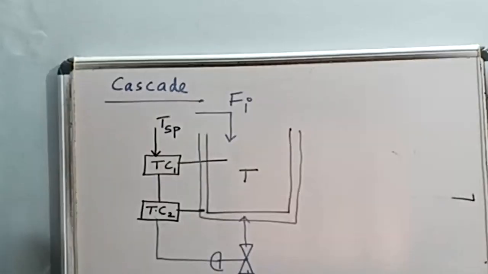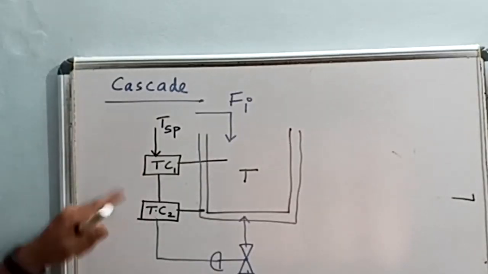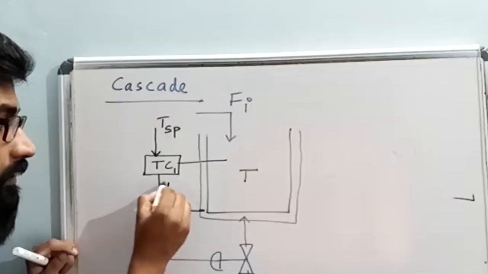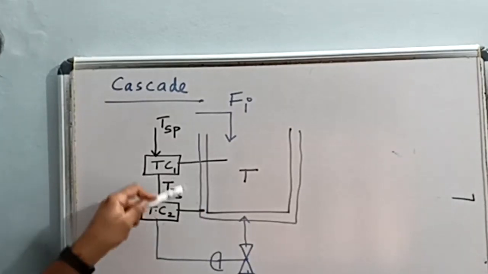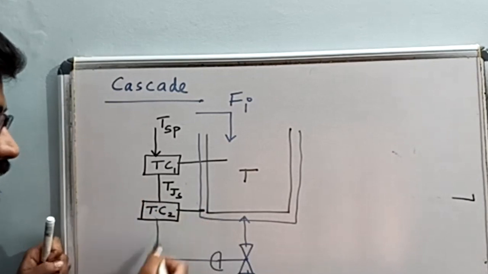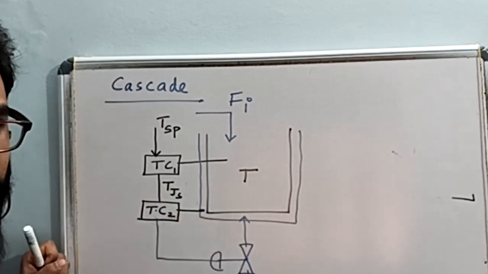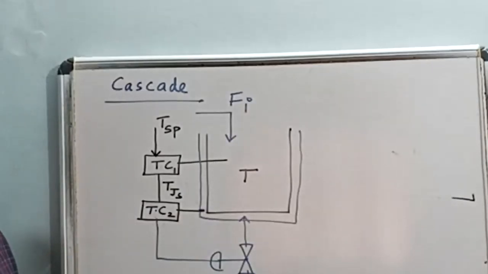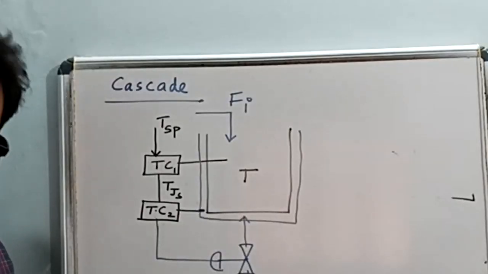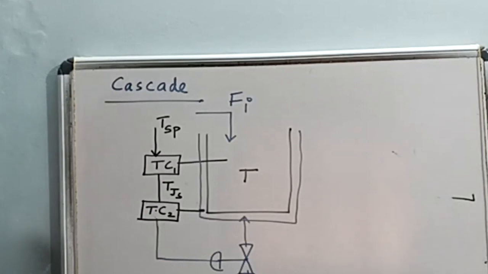So this is my jacket controller or secondary controller. The primary controller gives the set point of the jacket to the second controller. According to that set point, it will decide what should happen with the valve, whether we should send more air pressure or less air pressure. Clear? That is the only decision: to the valve, either increase the air pressure or decrease it. So this is the meaning of cascade controller. If you remember, we have drawn 3 or 4 diagrams based on cascade controller and solved some things. So this is about our cascade controller.